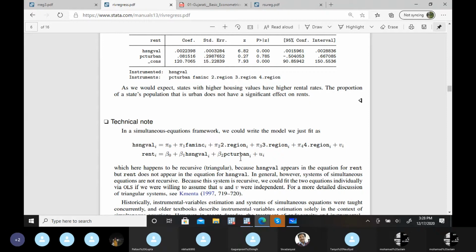Pallavi, I'm not getting that point. The point here is that rent is not at all an endogenous variable in the first equation. So if we run OLS on the first equation, this predicted housing value is independent from the residual term. It's not at all correlated with this residual term. So we don't need to worry about this bias case.